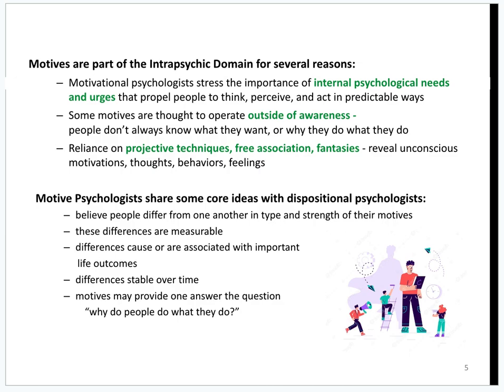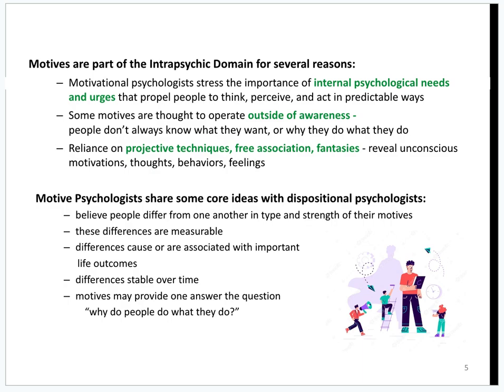And because they're unconscious motives, if you want to try to understand them, you have to somehow access them, right? And they do that with methods like projective techniques, free associations, and fantasies. So the idea being here, and we're going to get into the TAT, is that they'll show a picture and you're going to describe the picture, and your unconscious motives are going to cause you to perceive the picture in a certain way, and how you describe that picture reveals your unconscious drives and motives and needs. But we're going to get into that later.